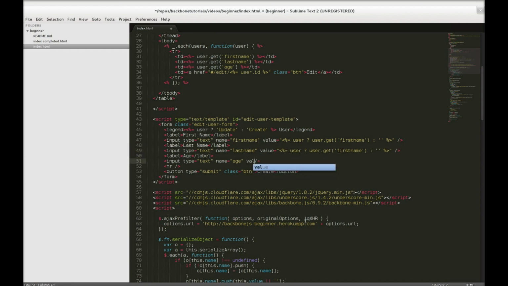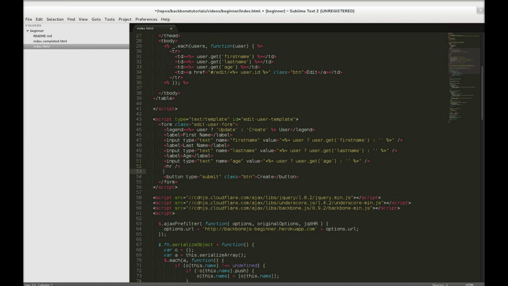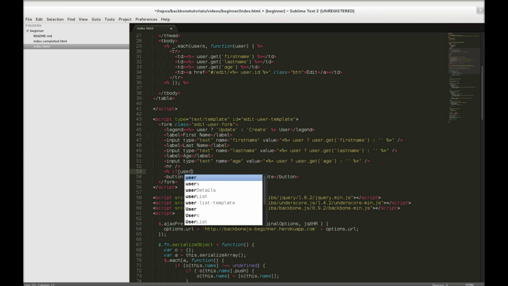And we're just going to copy it down into the value for the age. And just make sure we update those getters for the attributes. So user.get last name and user.get age. Now because we're updating, this form would also have to contain the ID. Otherwise Backbone will try to create a new record, whereas we want to update one. So if we are updating a user, because there's a user object present,